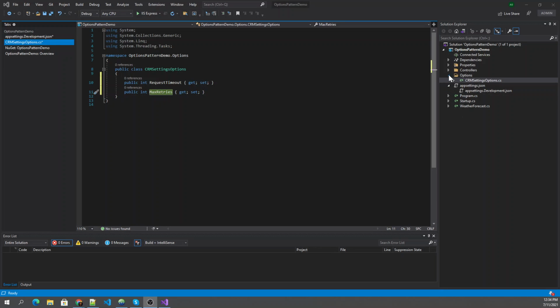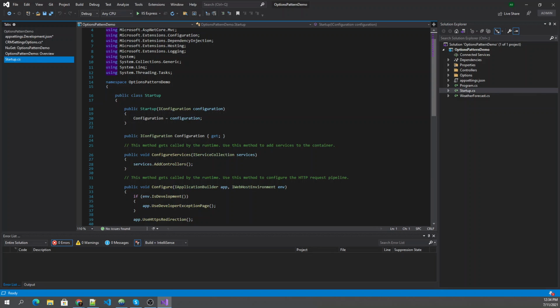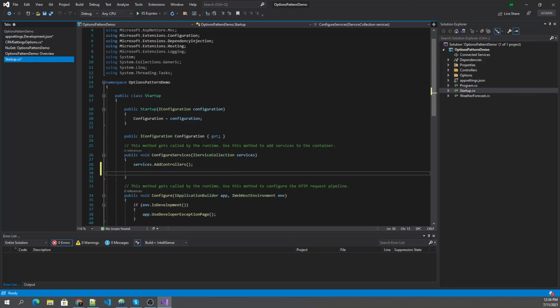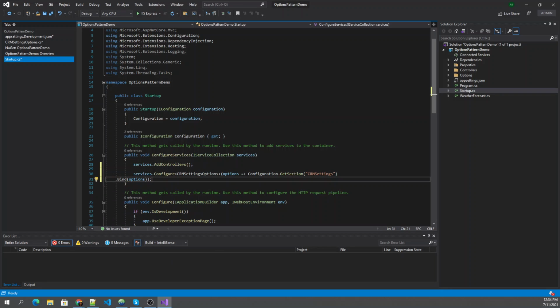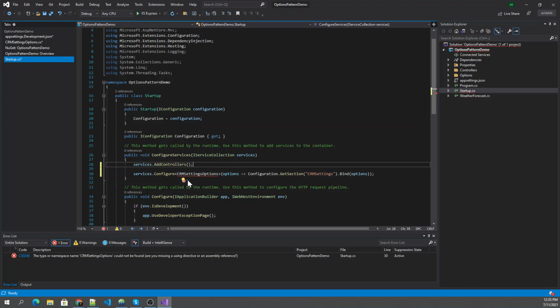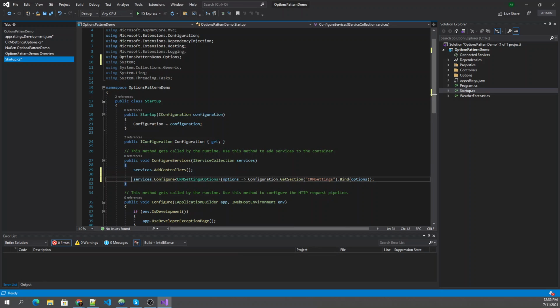Then what you need to do is navigate inside your startup class and configure the options. So I'm going to paste in a few lines. We need to import this class, so I'm going to click on this and import. This is how you bind your configuration sections into your custom classes. During the runtime, it will pick the values inside this particular configuration section and load those values into this